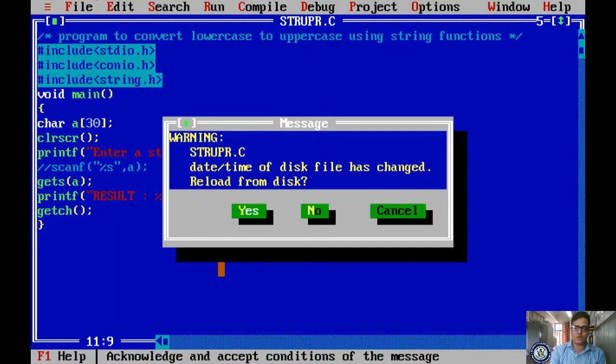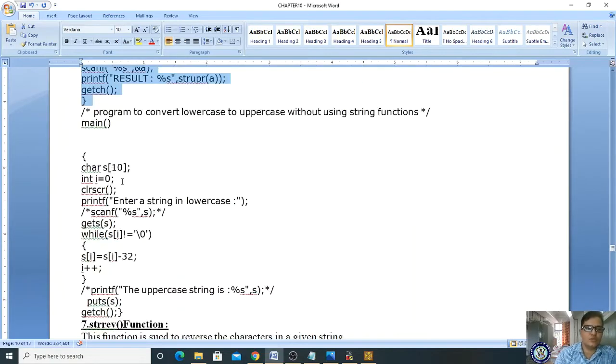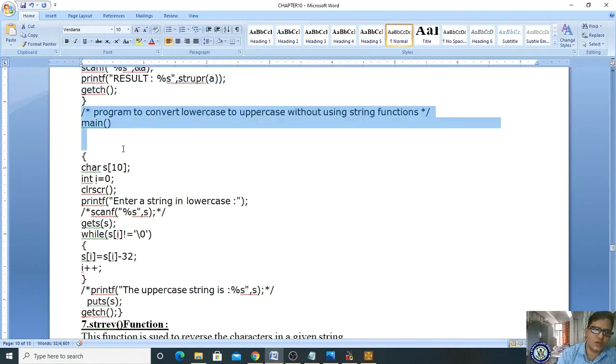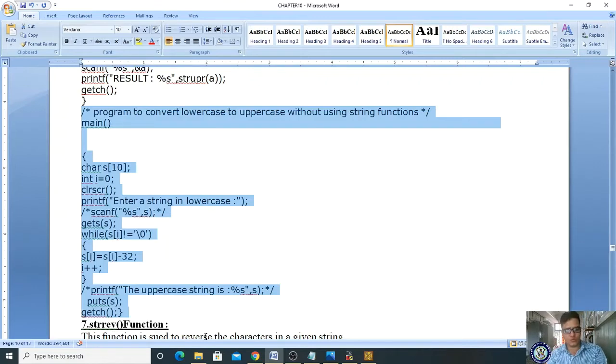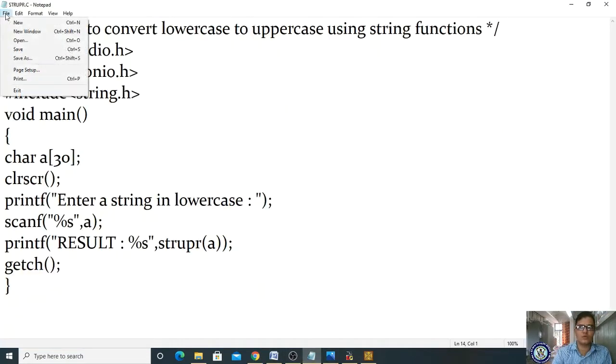So these kinds of application programs are very important in your software. If you want to do this without using strupr as well as strlwr, then you have to use this program. Okay, now let us see what program we are using.